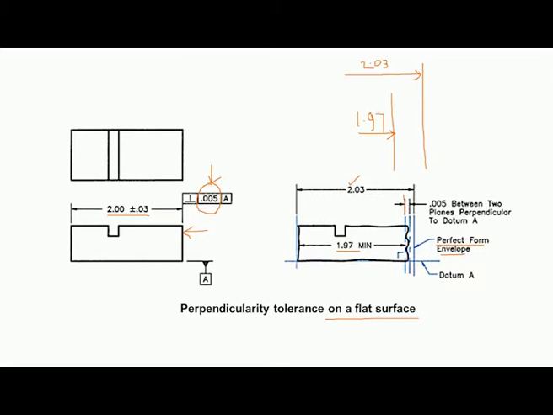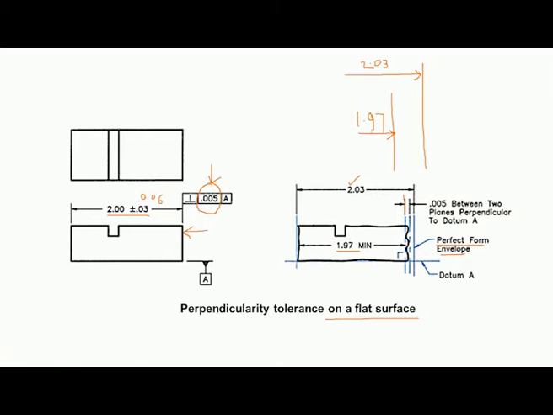That means the size tolerance, the total zone is 0.06 millimeter, that means 60 micrometer is allowed. And now coming to the perpendicularity tolerance, it is only 5 microns.